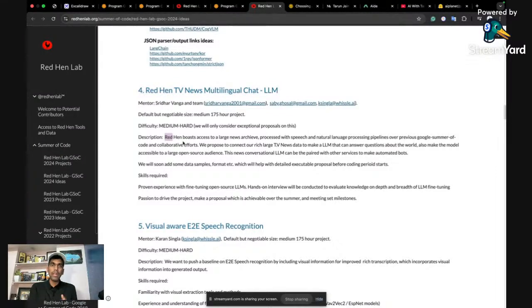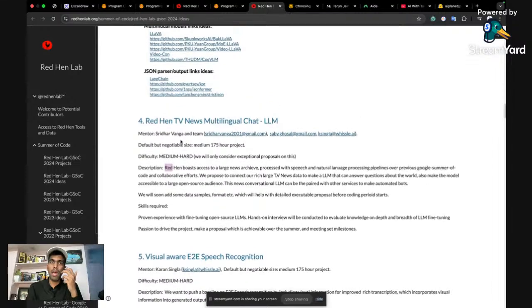Once you create a new data set, then you need to fine-tune an LLM. So here you have 2 projects. The first project is creating a data set for fine tuning. Second is fine tuning the LLM itself. So you have two projects. That's where you also have different projects.